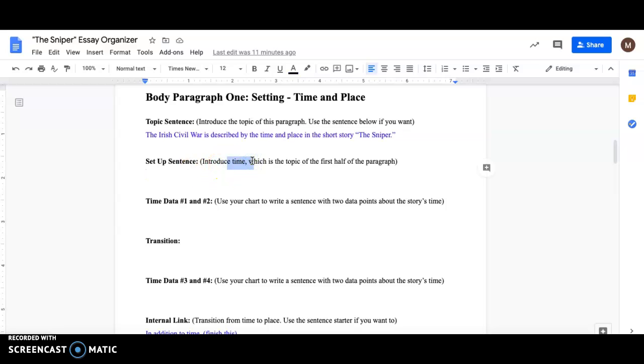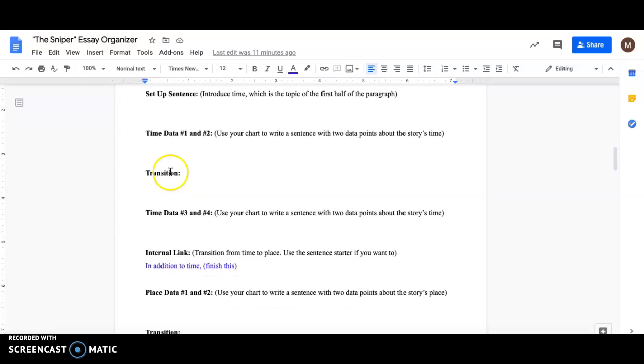Don't give me details yet about what time the story does take place, but just introduce that time is the first topic, and make sure you're not saying anything like, the first half of this paragraph will be about time. That is way too basic. We don't want to announce things like that. We never want to use language like the first part of this paragraph or that type of thing.